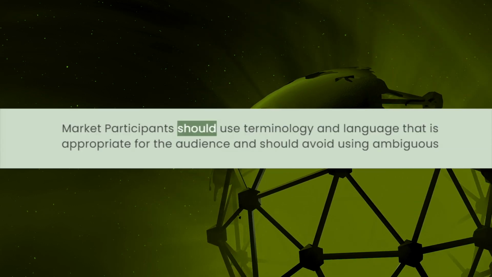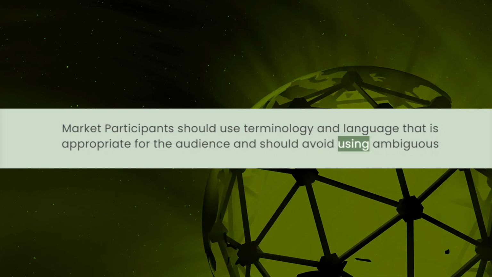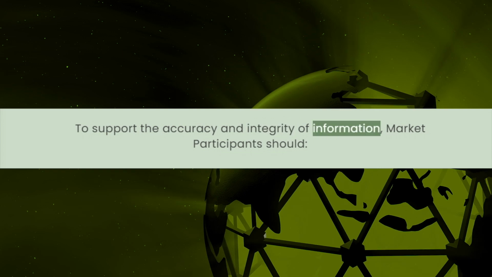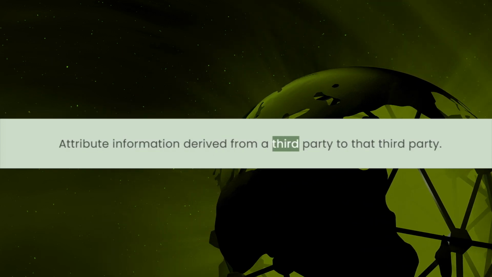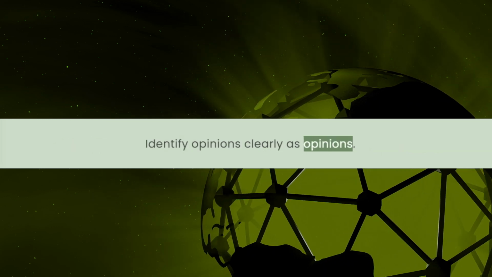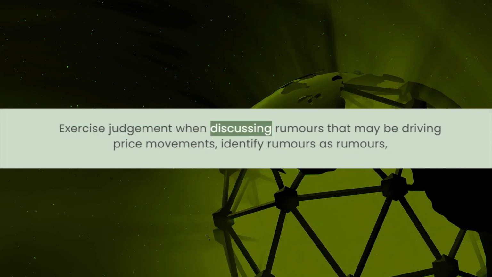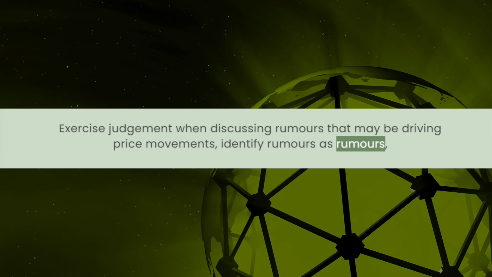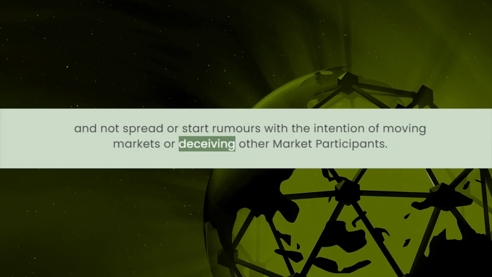Therefore, market participants should use terminology and language that is appropriate for the audience and should avoid using ambiguous terms. To support the accuracy and integrity of information, market participants should attribute information derived from a third party to that third party. Identify opinions clearly as opinions. Not communicate false information. Exercise judgment when discussing rumors that may be driving price movements. Identify rumors as rumors. And not spread or start rumors with the intention of moving markets or deceiving other market